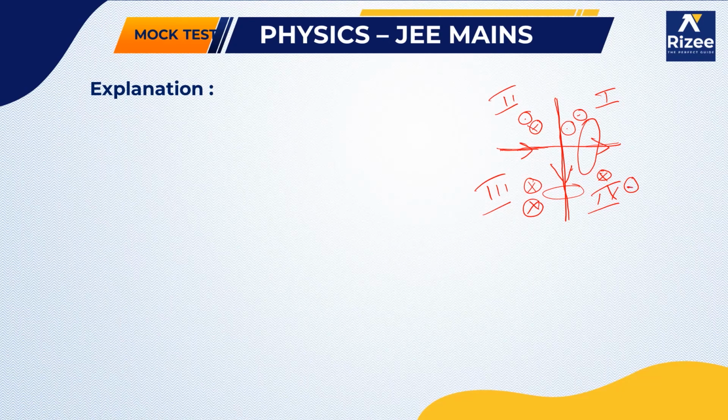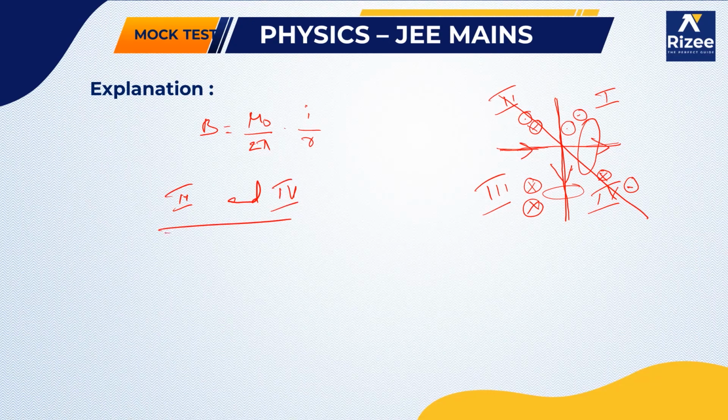So to have the net magnetic field be 0, both the magnetic fields have to be in opposite directions. When you observe carefully, for an infinite long straight wire, B is equal to mu naught by 2 pi into I by R. So at a given distance along this line, you can find that the magnetic field will be 0, and this line is passing through your second quadrant and your fourth quadrant. So in these cases, the magnetic field will be 0.